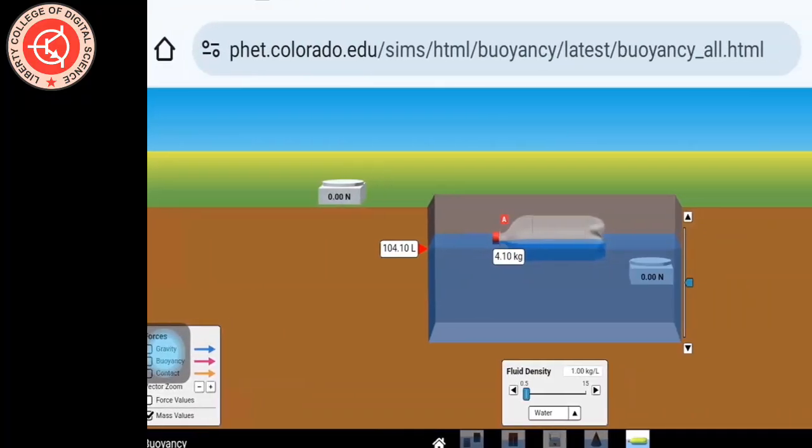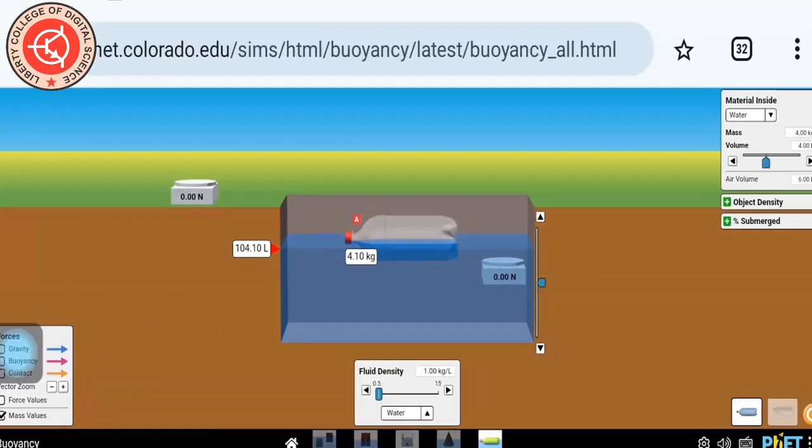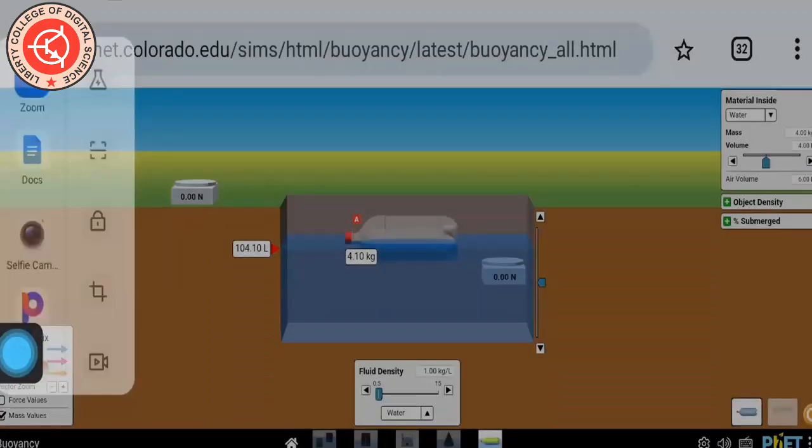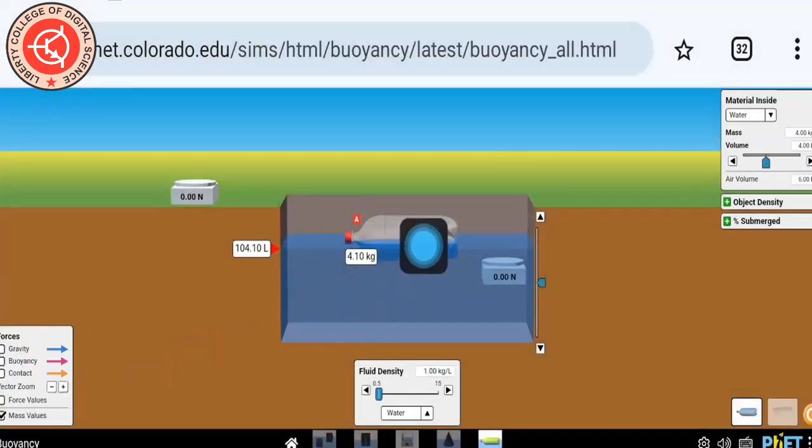Now, please, if you can see my screen, like I said, this is able to float in water because the density of the container is less than that of the water. Do you understand what I'm saying now? So the density of this container is less compared to that of the water, therefore it is able to float in